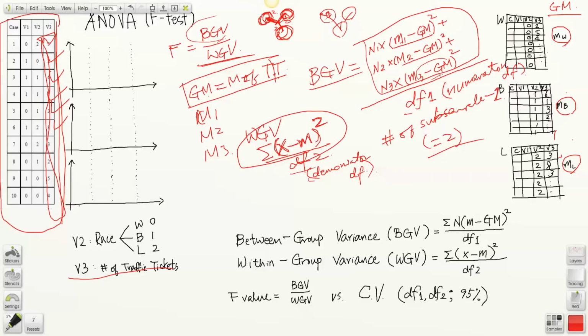So what is this about? How do you do that? Well, again, graphically, just like this. For each and every case, get the distance between this case and the central tendency of that subsample. Get the distance between this case and the central tendency of this subsample. This case and its distance from the central tendency of its subsample. Square that